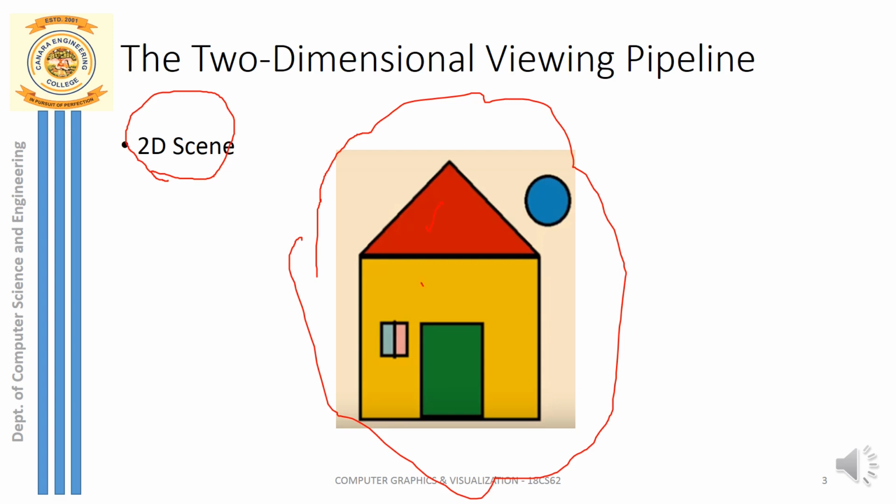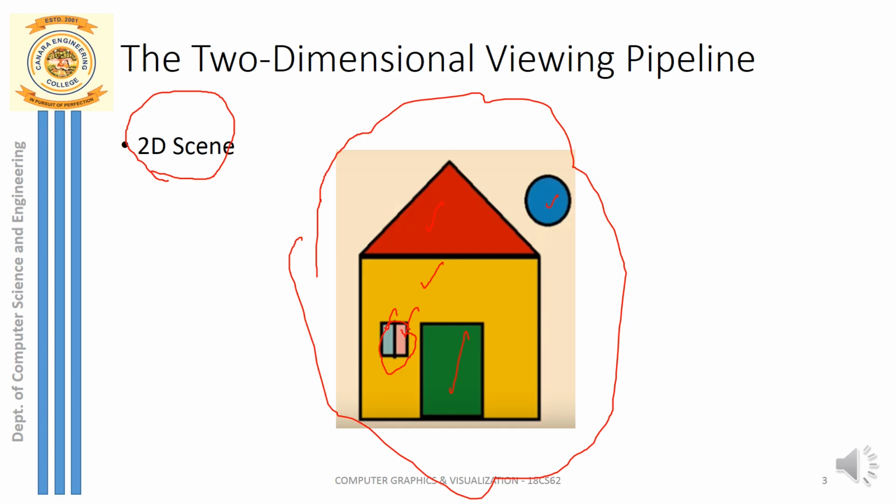Next we have a square-like shape, which is a 2D object. You can call it a combination of 2D objects. Then you have a rectangle, which is also a 2D object. All these are polygons, you can say. And this is a 2D circle here. All together these objects make up a scene.